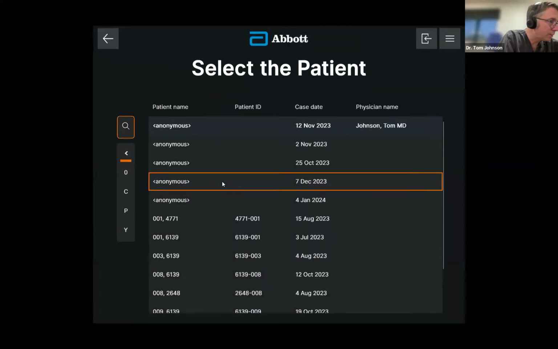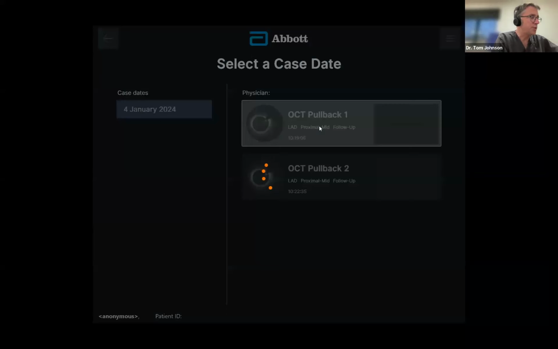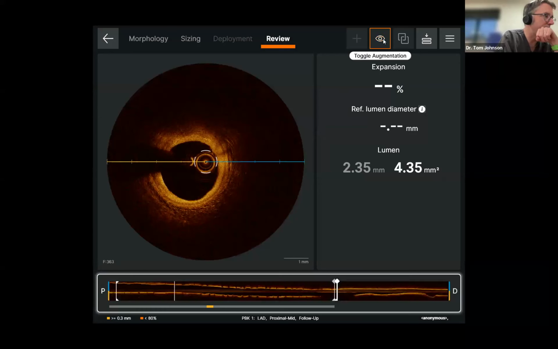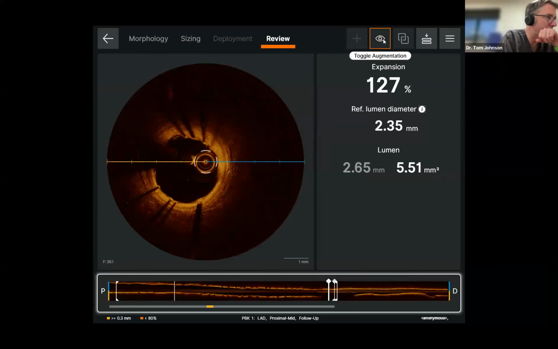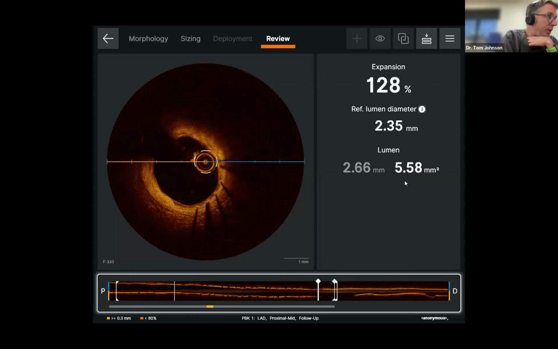So this was last week on the 4th. We've got 2 runs just because we didn't quite get the proximal edge captured on the first OCT run. And obviously this incurs a cost, but I think it is useful just to better understand. So here we are at the distal edge. And actually we see a very decent area, close to 6 millimeters squared, 5.9 millimeters squared, with nice early